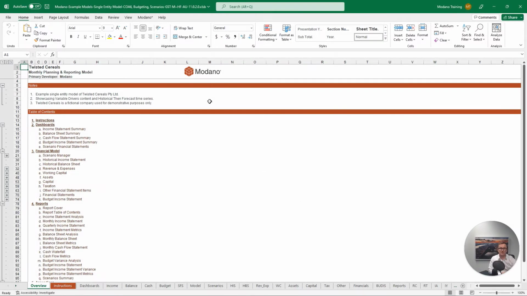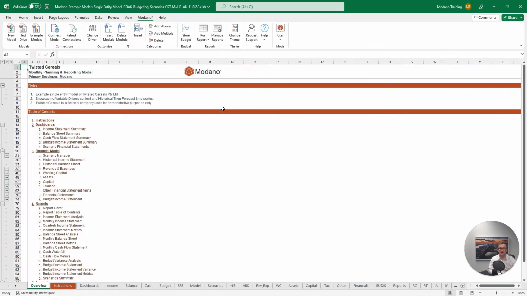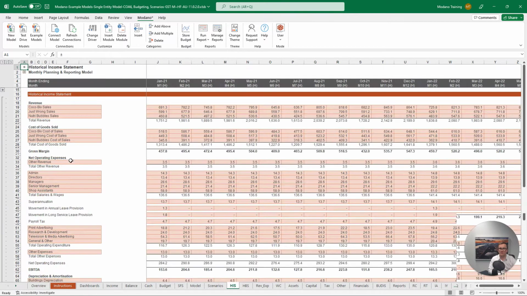Let's look at leave entitlements. Now, when we bring your leave entitlements information into your financial model via your accounting package, this information is brought both into your historical income statement and historical balance sheet. Within your historical income statement, we bring in the historical movement in the annual leave and long service leave provisions, located underneath your salaries and wages and superannuation, and we have the historical movements on the right-hand side of the